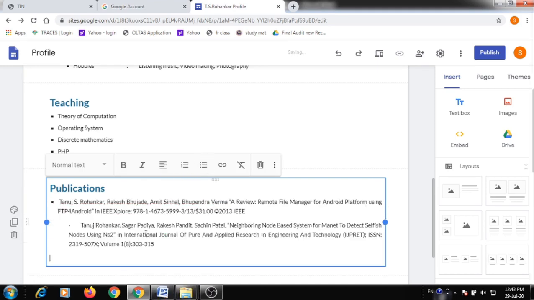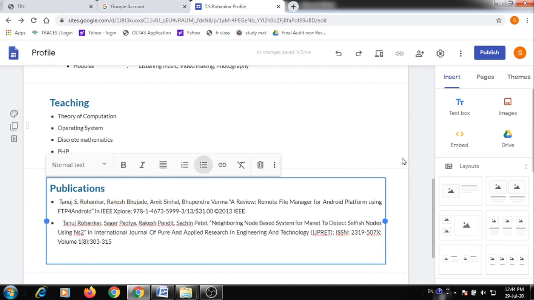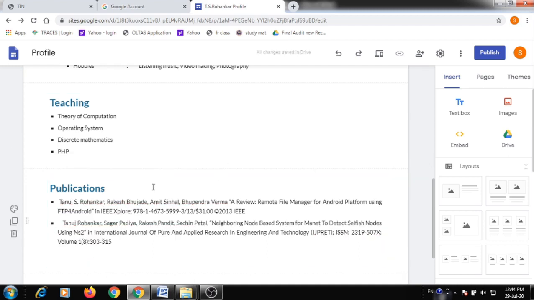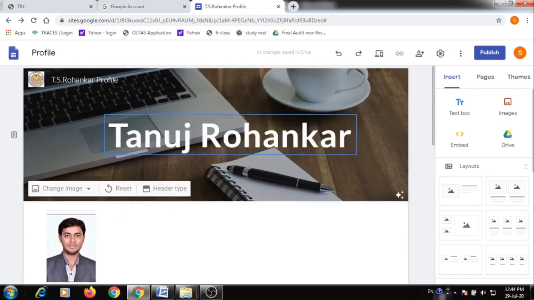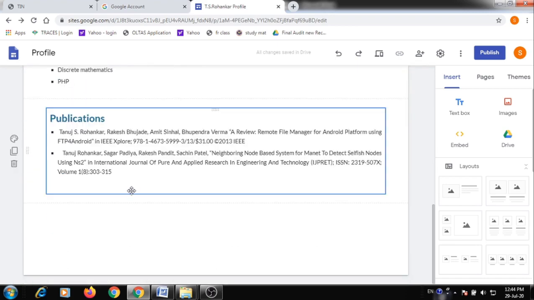Mark it as a bullet here. Add a bullet. So in that way you are able to create your personal homepage.